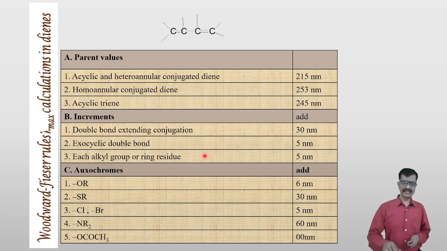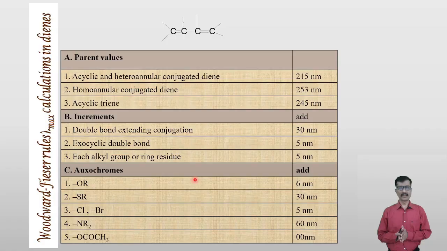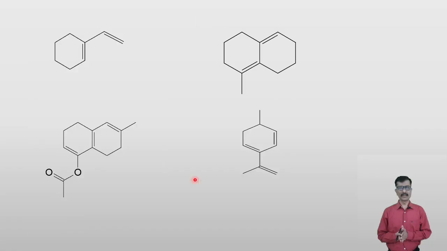So let us see how this given data of Woodward Fieser rule, how it could be applicable for calculation of lambda max. Now look at the structure. If we try to apply this Woodward Fieser rule for calculation of lambda max in this case, then once we